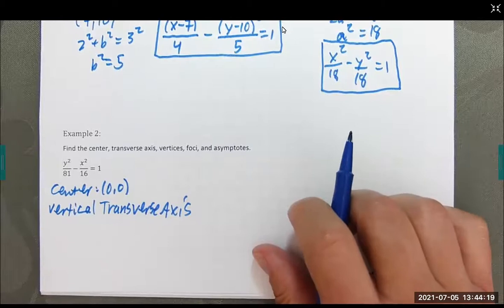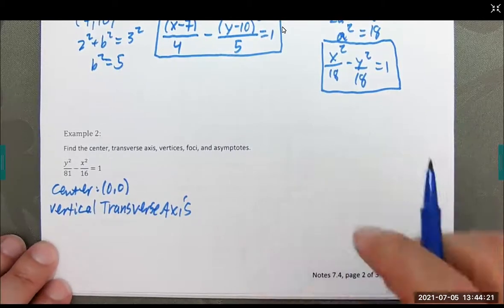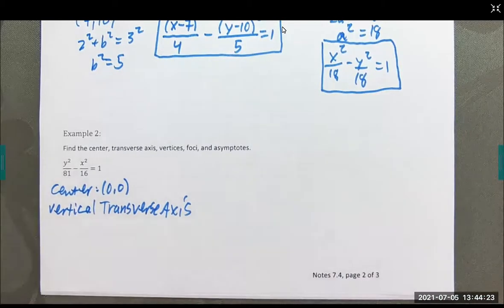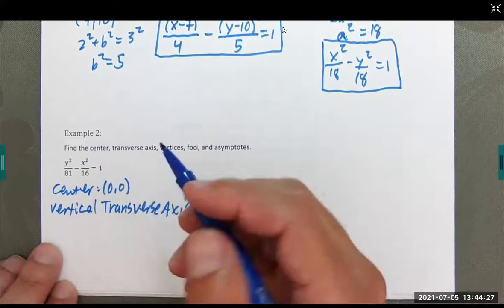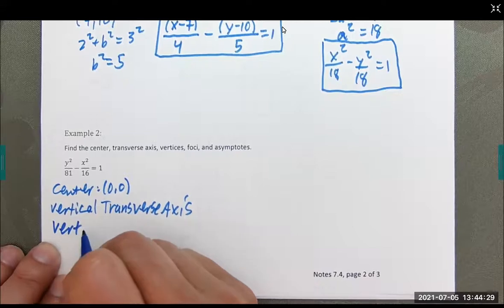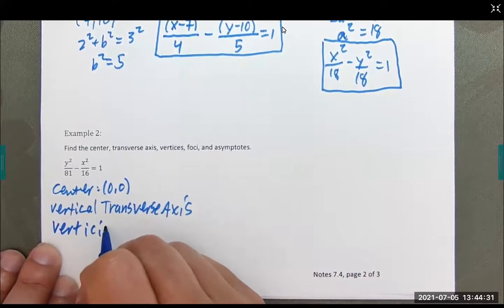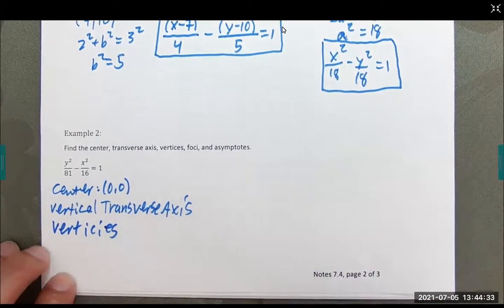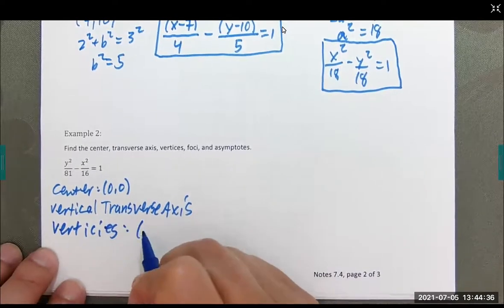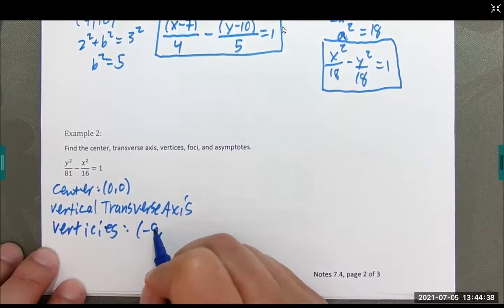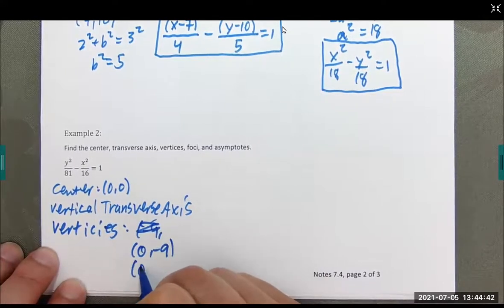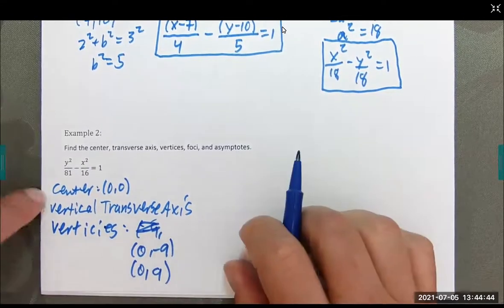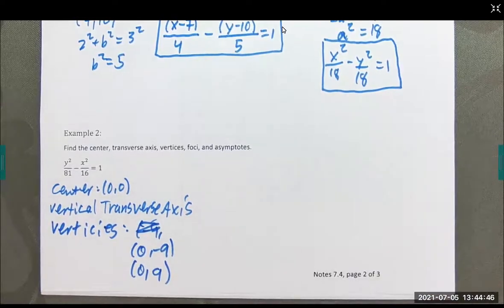The vertices are going to be, again, it's vertical, so it's going to be in the y direction. So it's going to be plus and minus 9, it looks like. So the vertices are going to be at -9, 0. I'm sorry, the other way around. 0, -9, 0, 9, because we have a vertical. And the foci,